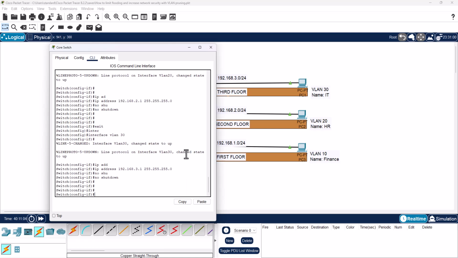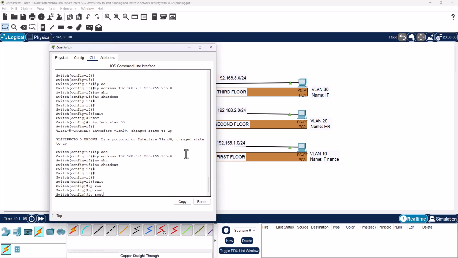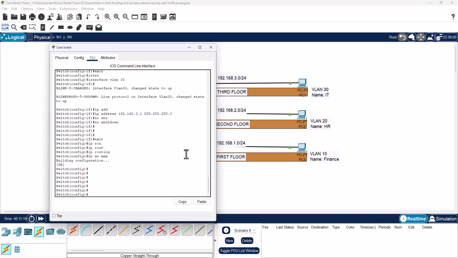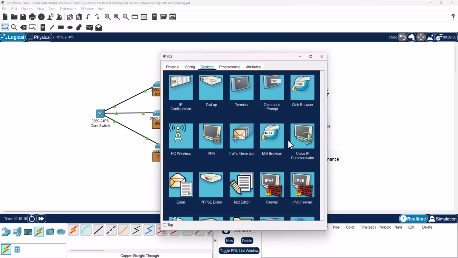No shutdown. And we need to enable IP routing so that this switch can act as a layer 3 switch or multi-layer switch. Save our changes, close the window, fast forward the time,